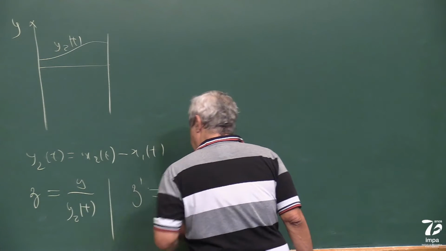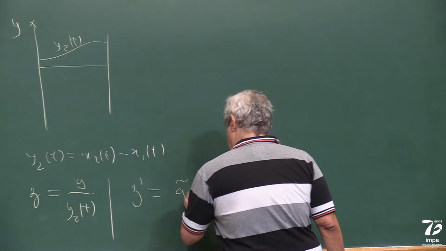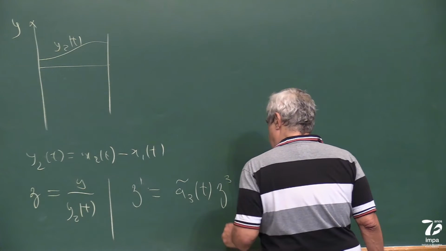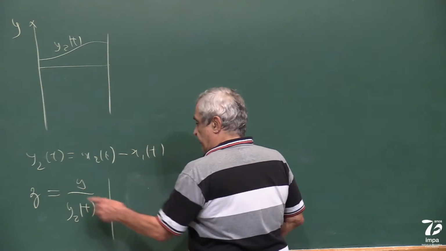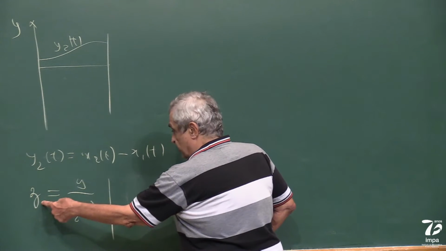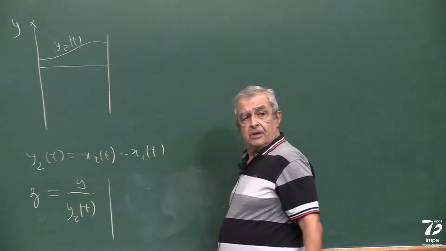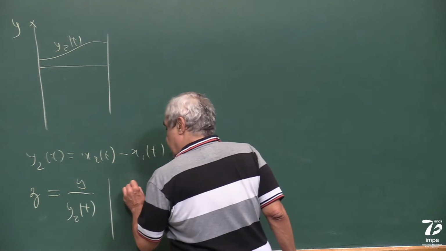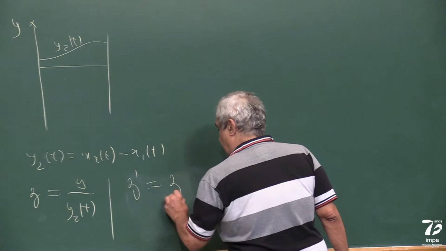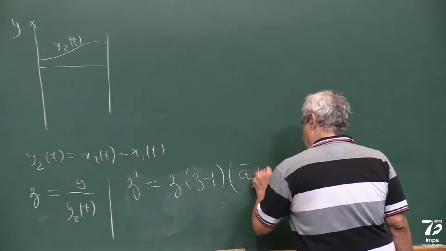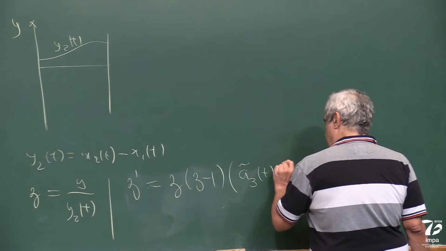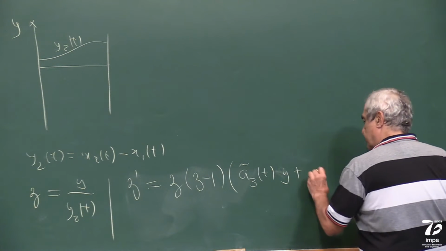And I find that now in the z-plane I will have two constant solutions. y equals 0 goes to z equals 0, and another solution is z2 equal to 1, identically 1. So then the new equation is